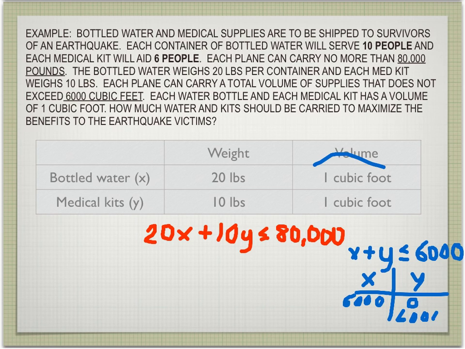If y was 6,000, apologize for not much room there, that would be 0. So those are a couple of the points I'm going to plot on my next slide here, which is the graph. Then going back to my weight, if I make one of those charts here, an x and y chart, you'll be able to see that if x were 0, well, 20 times 0 is 0. That means 10 times